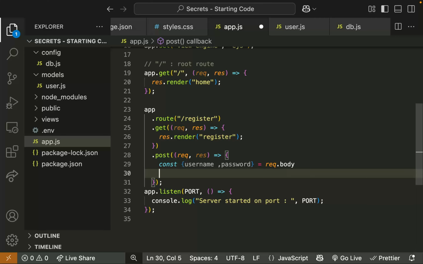Now, guys, we are not gonna save the password as it is, like in normal text format, into our database, because I don't want anyone who has access to the database to check our password, right? That is why I want to keep it encrypted, right? And that is why I'm going to be using a package here called